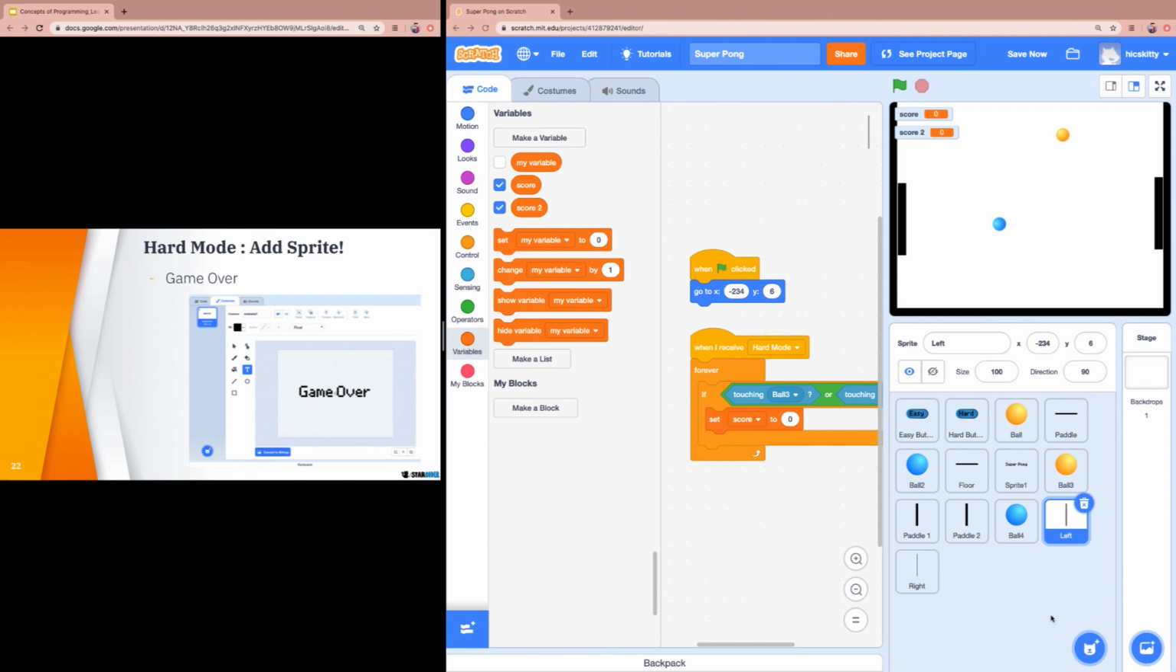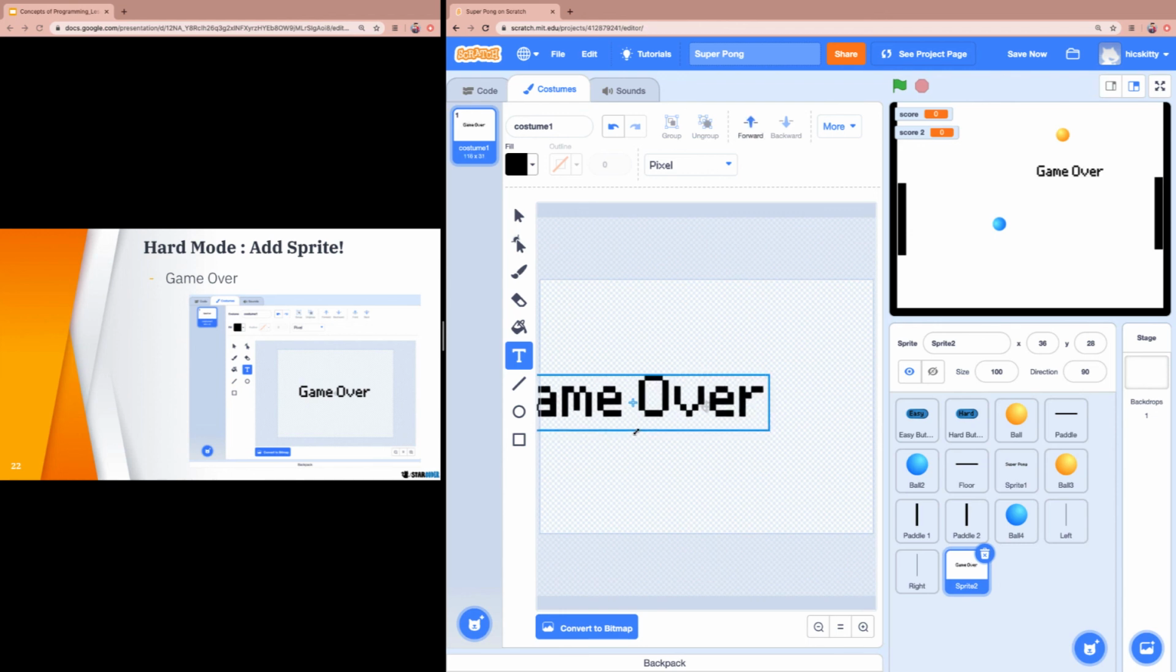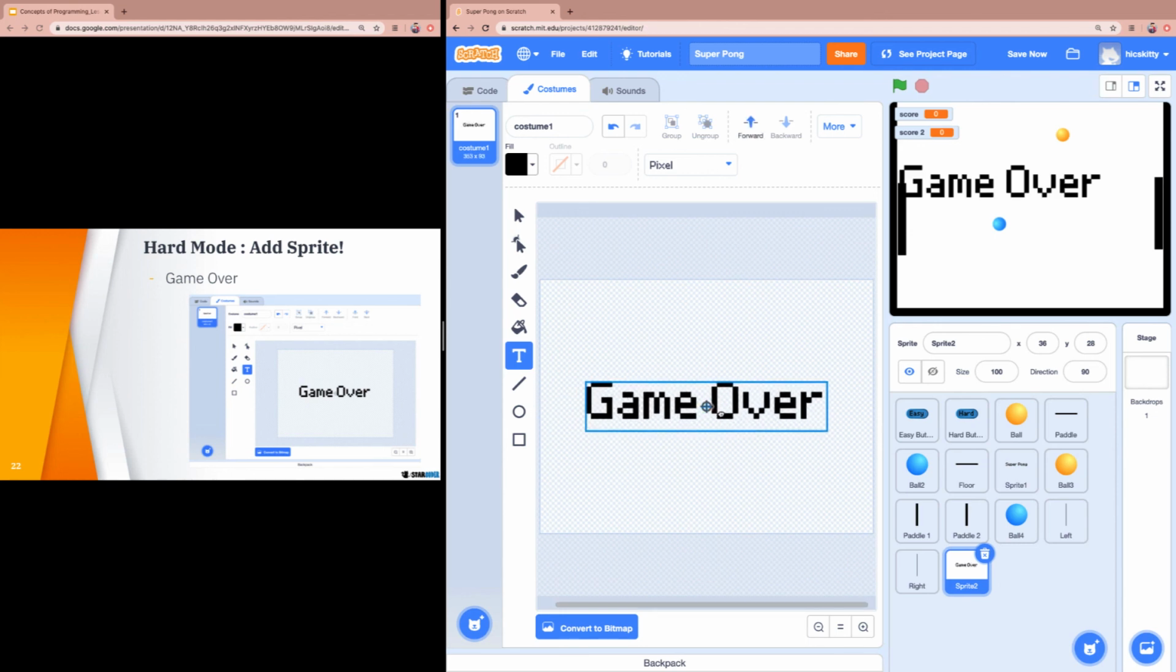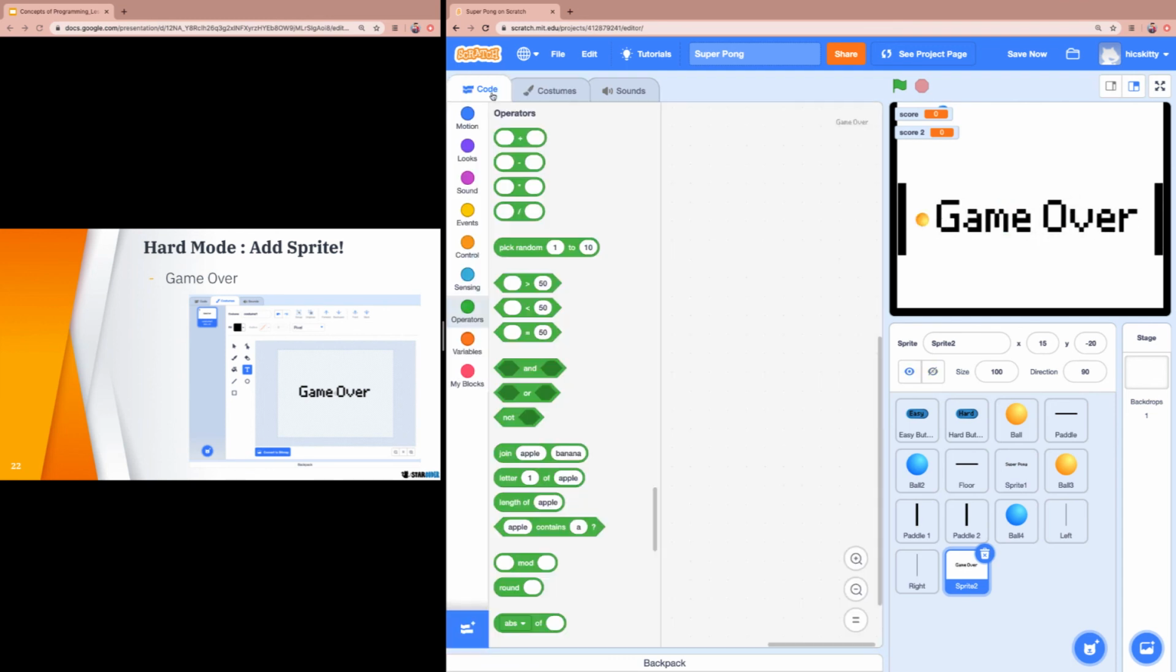The final thing we're going to be adding is the game over sprite. And the game over sprite is actually going to apply for both the easy and the hard mode. So what it's going to say is I'm going to add text, and it's just going to say game over. What I'm going to do is I'm going to change the size again, and then I'm going to align the crosses. And then I'm going to drag it over to around the middle of the screen. And what I'm going to do is I'm going to say,